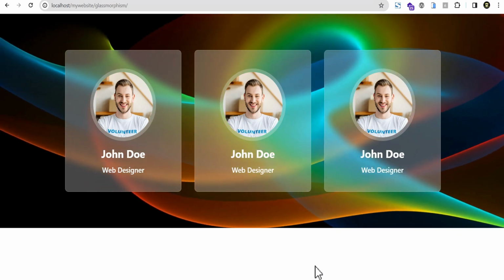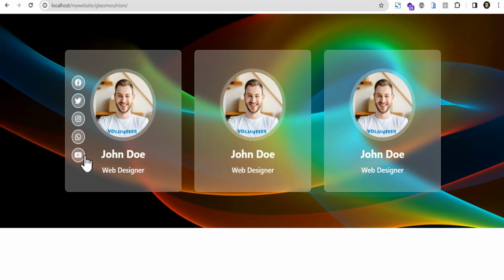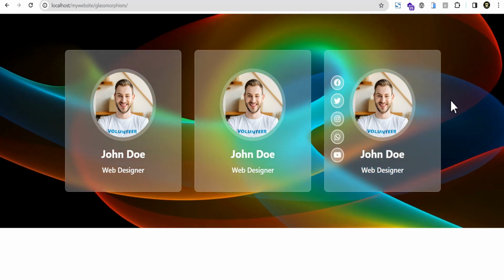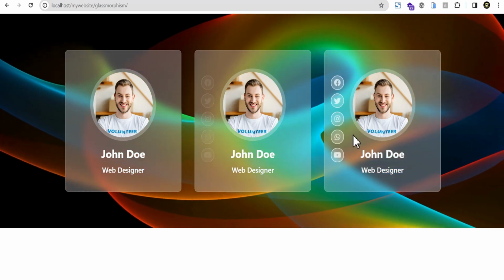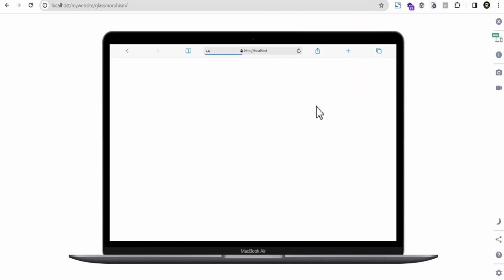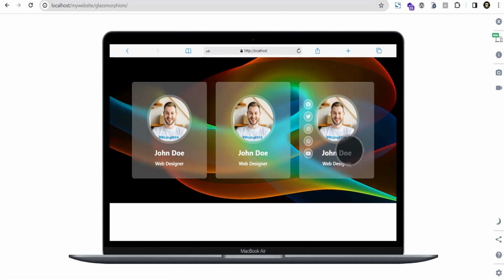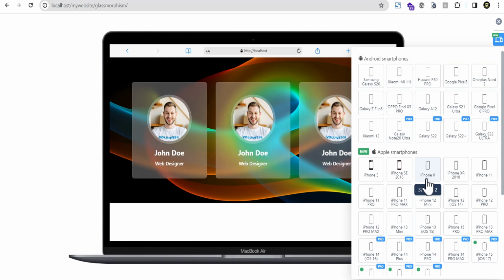So in this tutorial, I'm going to show you how you can create a profile card with this glass effect like what you can see here, and also a hover effect on the card that displays the social icon on each card, and this background animation as well that is also responsive in all devices. That is responsive in all devices as you can see, and also likewise